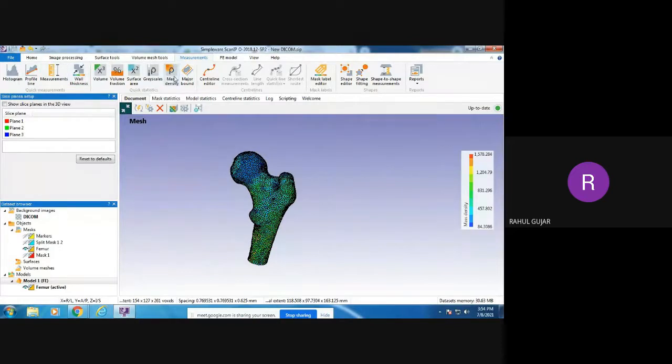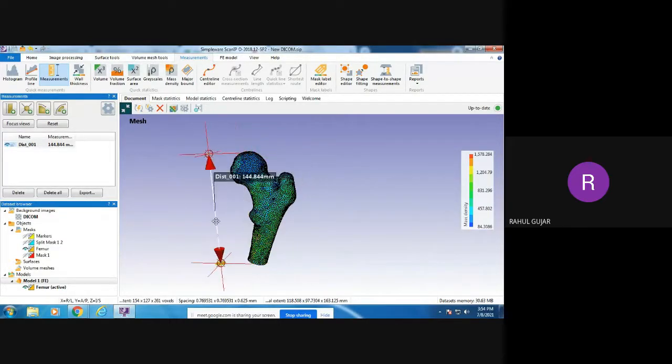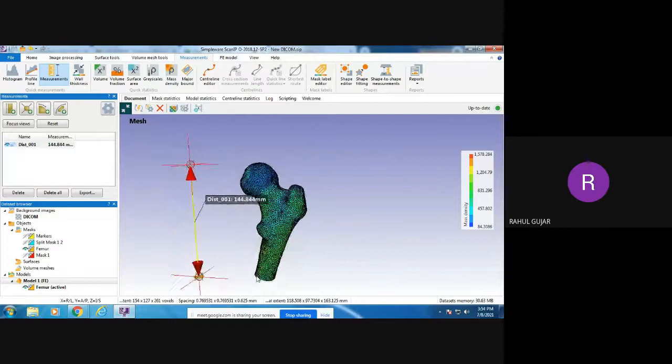I will click on linear measurement and randomly choose 2 points here. You can see it gives the length of that bone. It is now showing 144.844 mm. Similarly, you can measure spherical dimensions and angular dimensions. Any other type of dimensions can be measured by using this software.